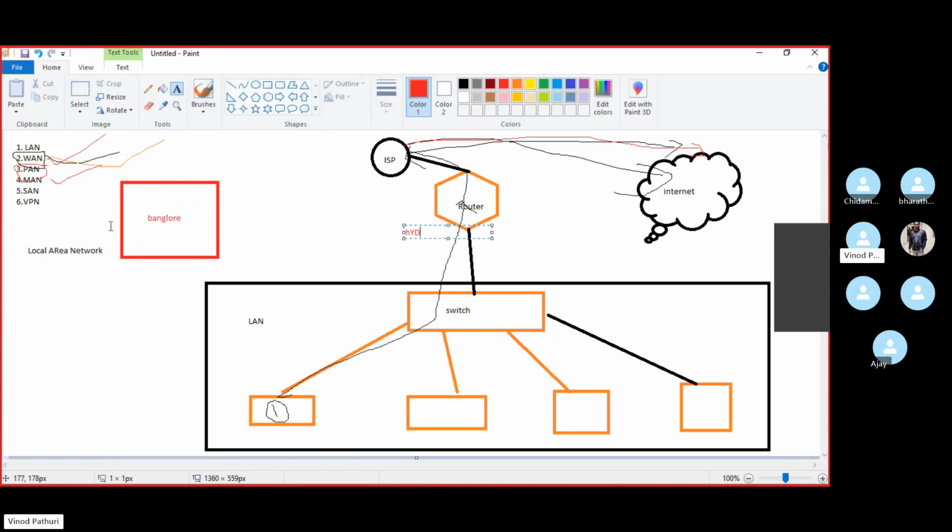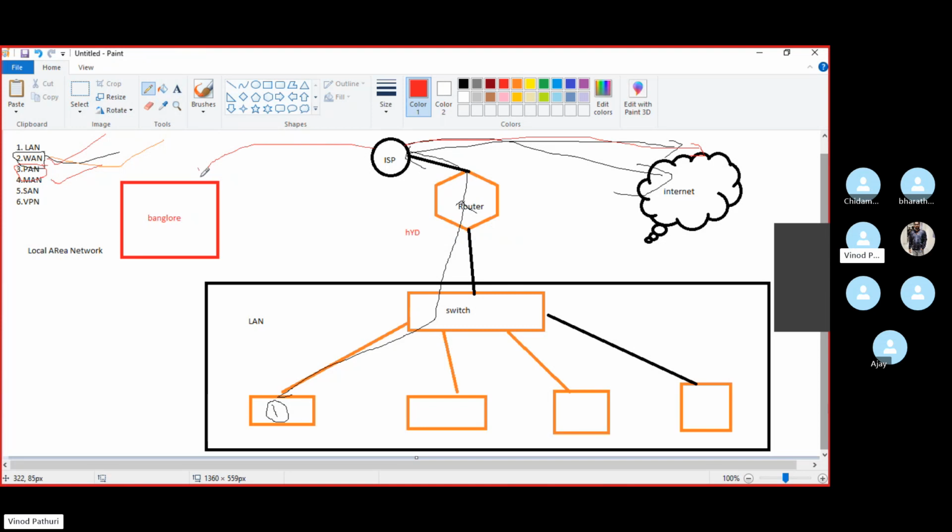Okay, not over the internet, because if you go over the internet, it is publicly accessible. Anyone can try to hack into this network and make some disruptions in our network. So usually they won't prefer that, and they will prefer LAN-like connectivity. So how can we establish it? Simple. We have Airtel here, and in Bangalore also they will have Airtel.